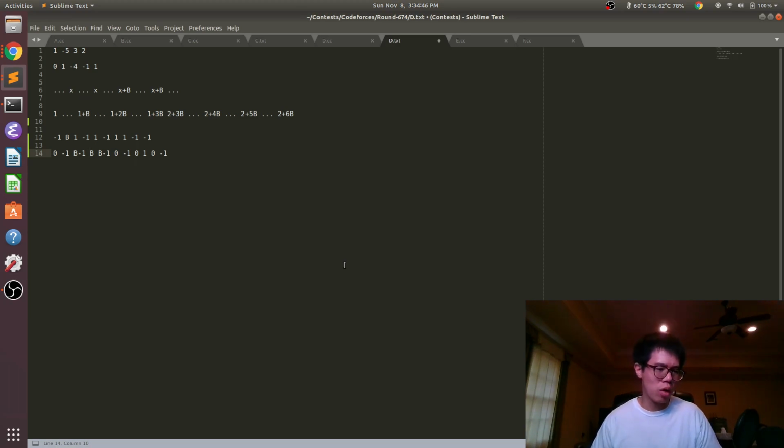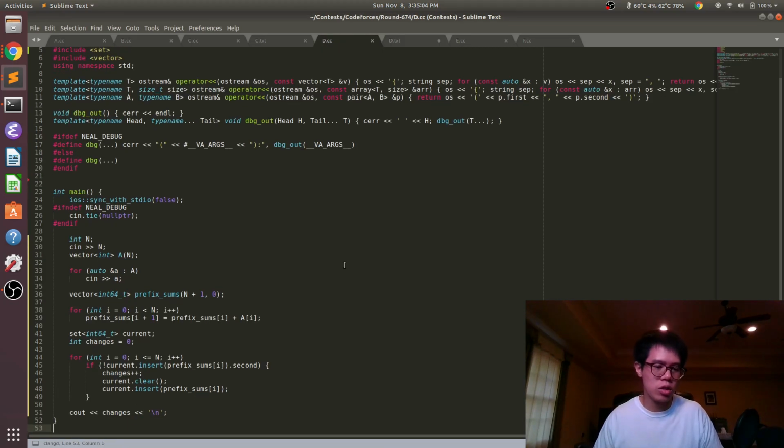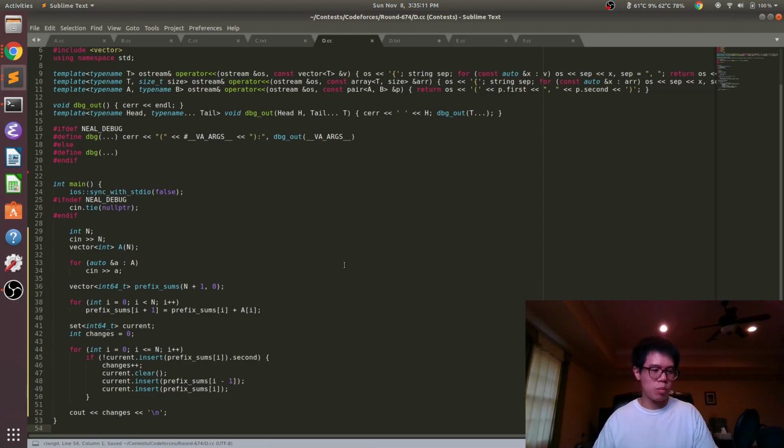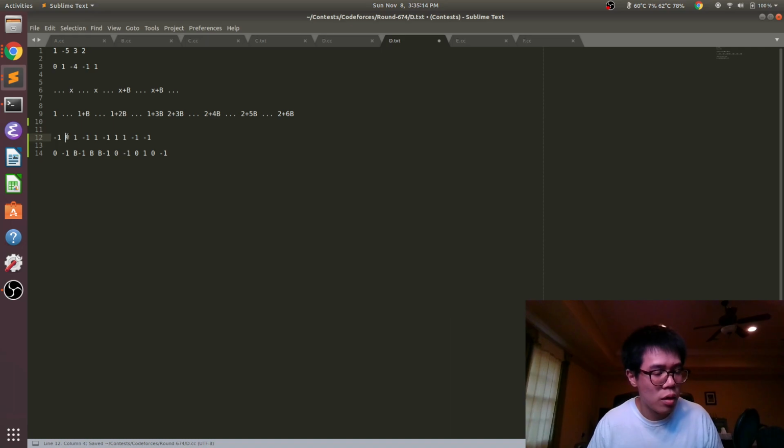Oh, I see. Okay, so the problem is that we need to consider that we inserted this number right before our last number, so we actually need to insert two sums into our set. The other sum is the previous sum right before this, because basically what happened here is